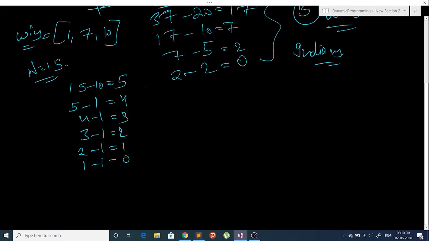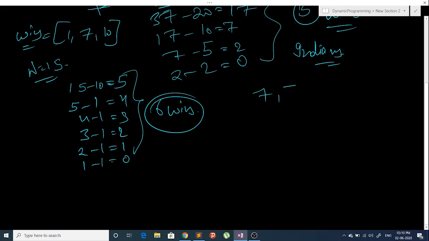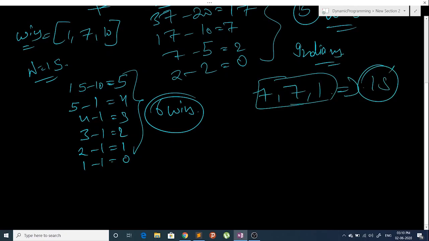So we can see that we have used a total of 6 coins here. Now what if we take 7 first and then take 7 and then 1? Now this sums to 15, and we have used only 3 coins here.